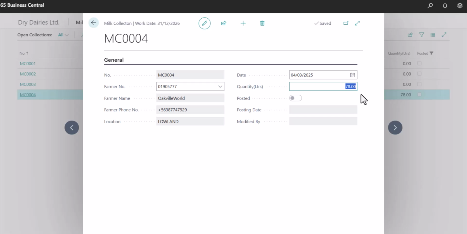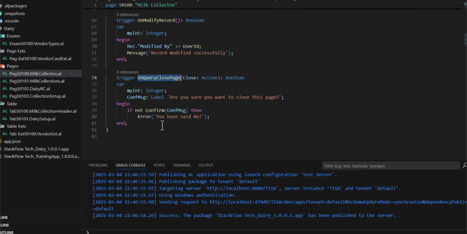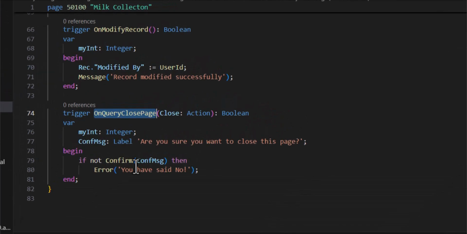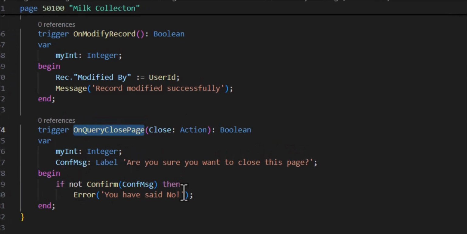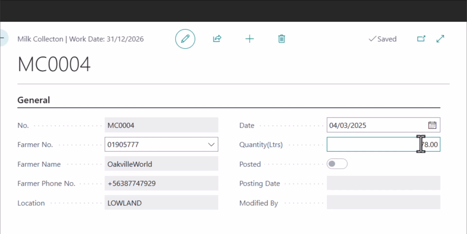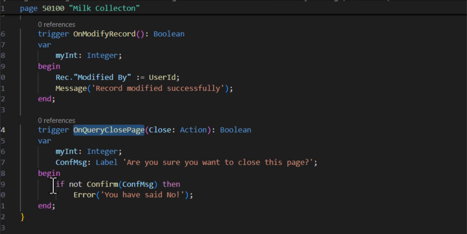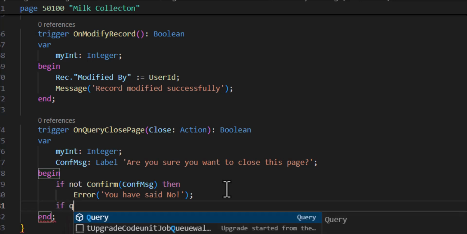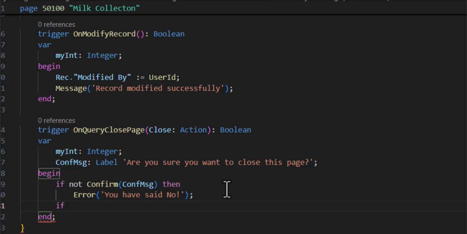Okay, we will go back to our own query, and then we will check this field whether it has the data. Let me just continue from where I left. I'll check if that field is called quantity. Okay, it is rec.quantity because we are still on a page. If rec.quantity is less than